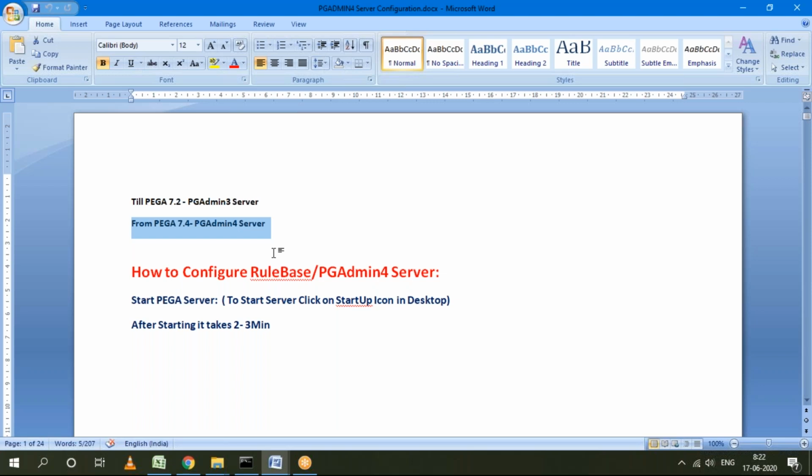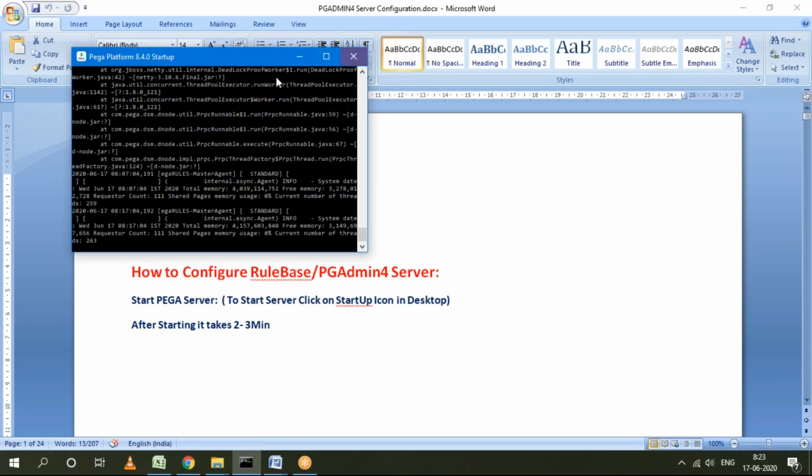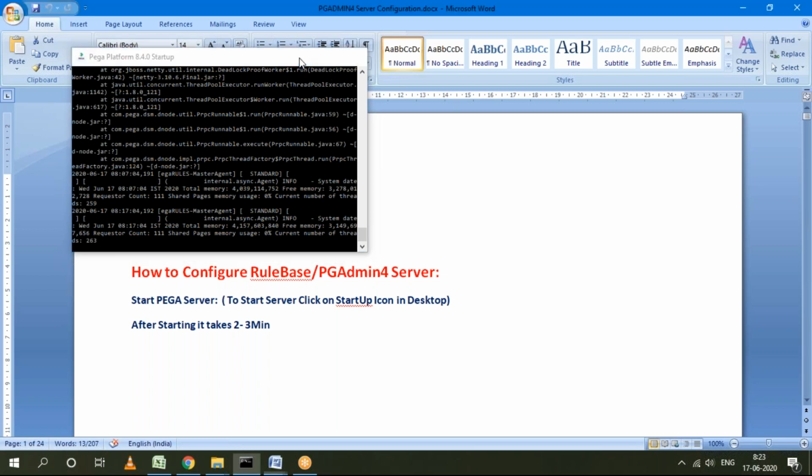You will get it after 3 classes, after working on some scenarios. Then I'll discuss it and show practically what you'll be getting in the rule base. Today I'm showing only the configuration process. Purpose I'm not discussing, guys, so don't worry about the purpose. You will understand it after a few classes. If you want to do this configuration, first of all your platform should be running, that is, this command prompt should be running. Without this, we cannot configure this setup. I've already started it, so just minimize and keep it.